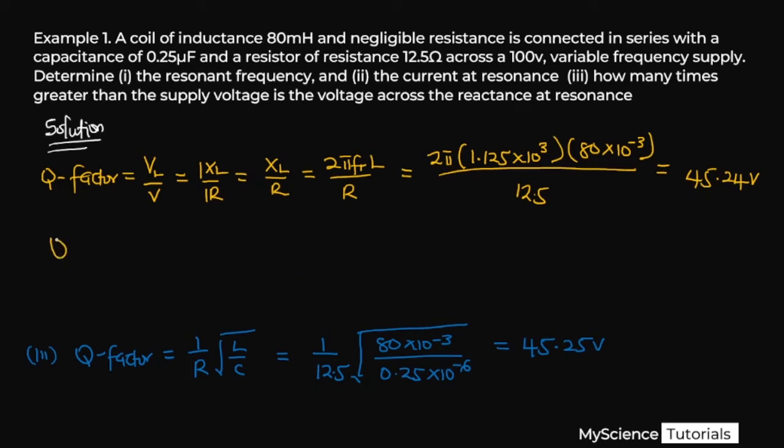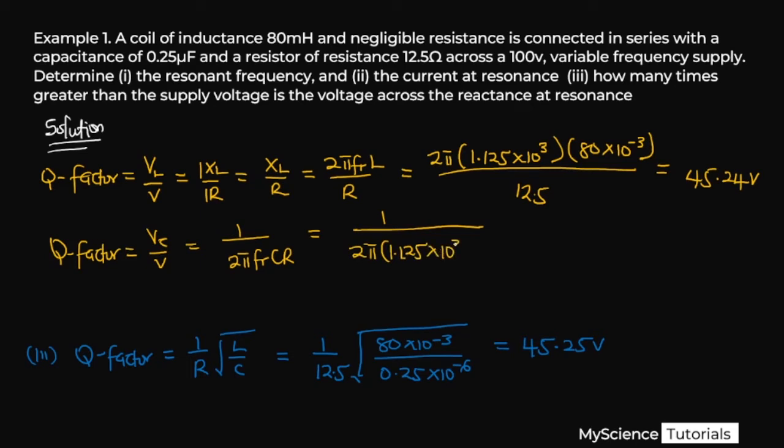Or we can also say Q factor is equal to VC over V, and we saw earlier on that if we do that, we are going to have 1 over 2 pi times the resonant frequency times C times R. So 1 over 2 pi multiplied by the resonant frequency, which is 1.125 times 10 to the power 3, multiplied by our capacitance, in this case 0.25 times 10 to the power minus 6, multiplied by the resistance, which is 12.5, we are going to still get the same answer,